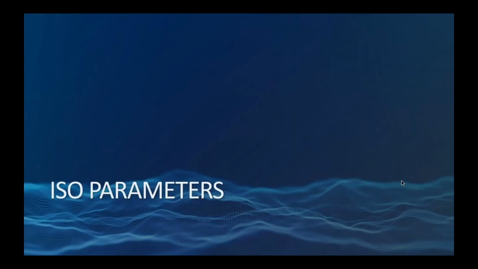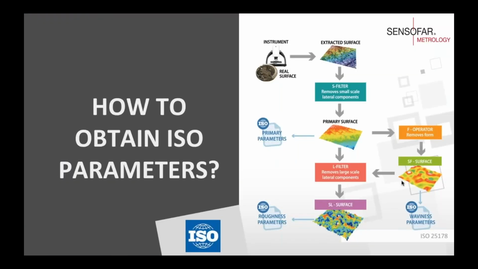And now let's go to the ISO parameters. So how do we obtain those ISO parameters? First of all, we need an instrument to do so, and our surface, of course. We're going to obtain the extracted surface, and to that surface, we're going to apply an S filter. So afterwards, we are going to obtain what is called the primary surface, and in here, we have three different